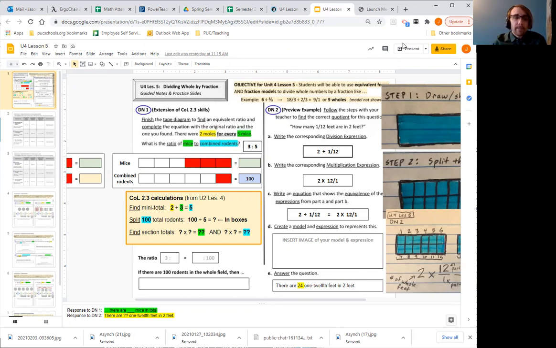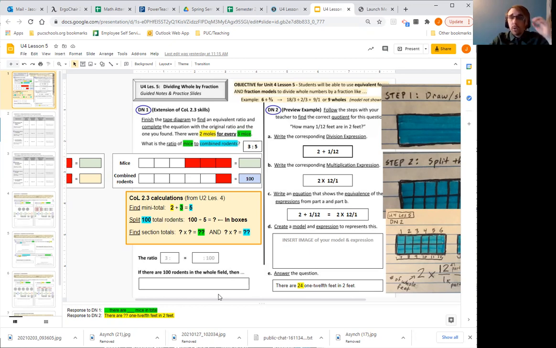And so what I'm going to do is show very briefly a couple of the answers that you should have on slide 1, on slide 2, and slide 3, so that you can make sure you're on the right track. And then I'm going to skip all the way down to slide 6 and show what that work would look like. And that will then help you with slides 4, 5, and 7, since those are all very similar questions. So let's begin. On slide 1, we talked about how the tape diagram needed to be either mice to